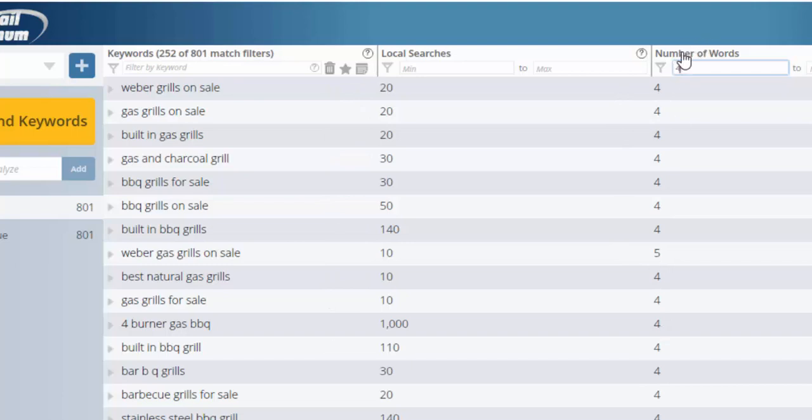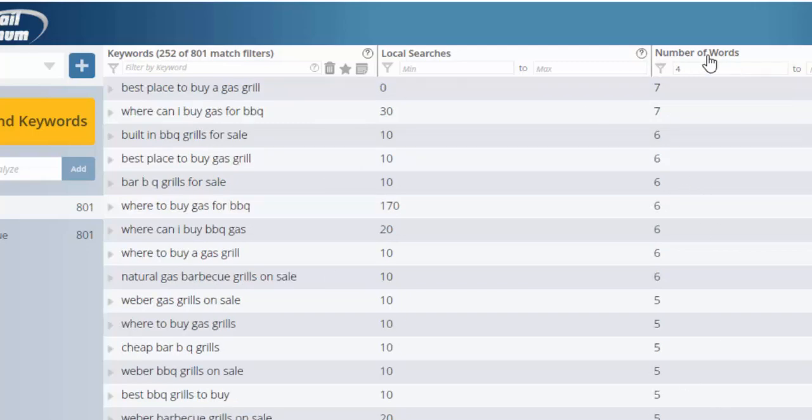But this is just a random order. If I click on the number of words title here, it's ordered lowest to highest, with 4 being the lowest. If I click again, now it's going highest to lowest. So now it's showing us the highest number of words in the phrase. So here we've got 7 and 6 and 5 for all of these